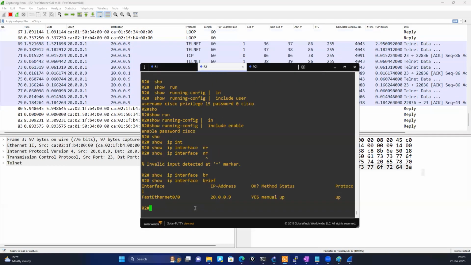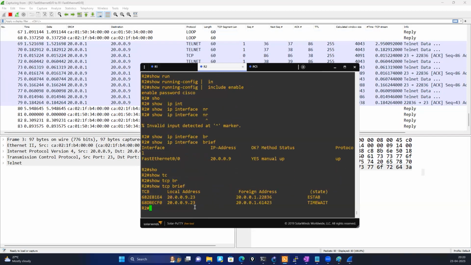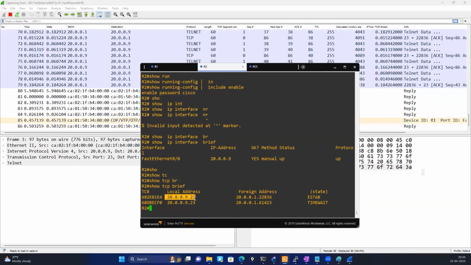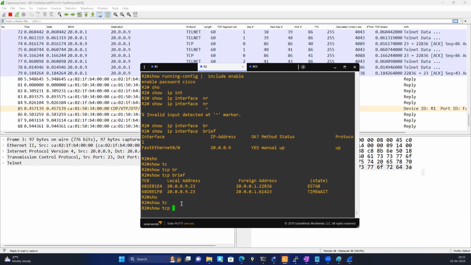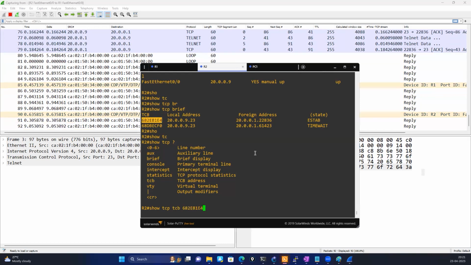In the meantime, let me check in the router: show TCP brief, and it says connection established. This is my local IP, and this is the remote IP address. This is the source port number, and it says the connection is established. And in the router, you can see more details about TCP. If you give the TCP address and the value given here for the established connection,